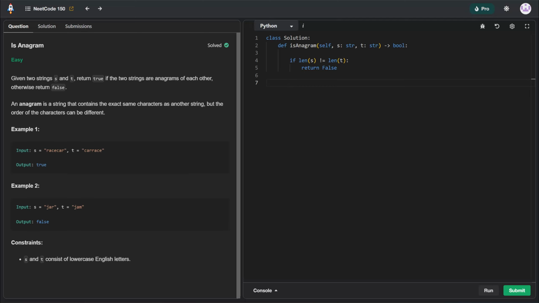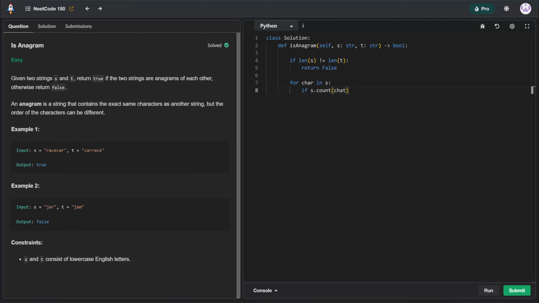So we're going to go over the characters, for char in S, if S dot count